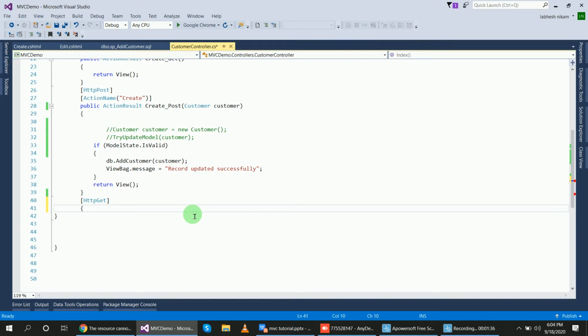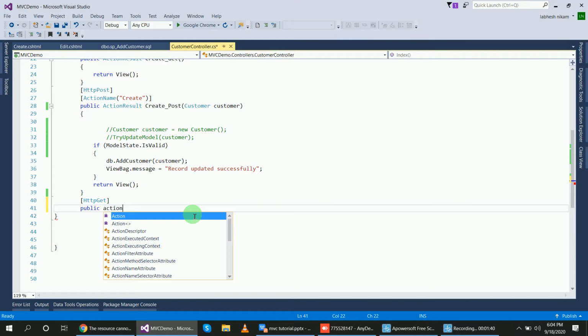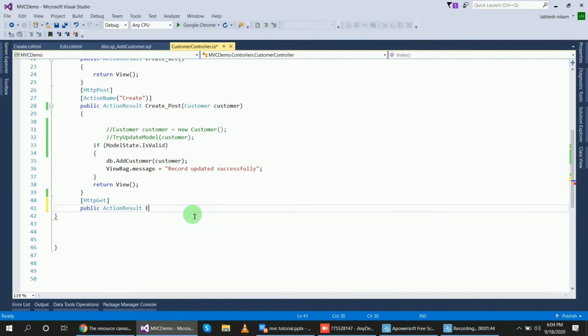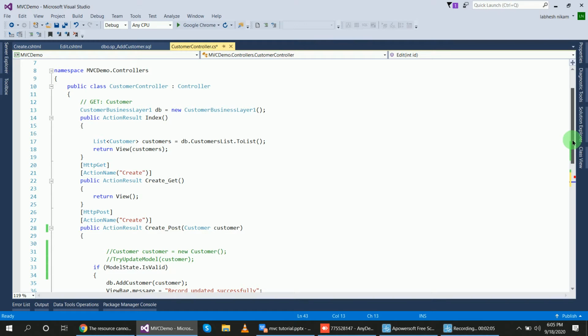Write public ActionResult and give the name Edit. Inside of that I will pass an integer ID, because we want a particular ID's record inside this edit page.